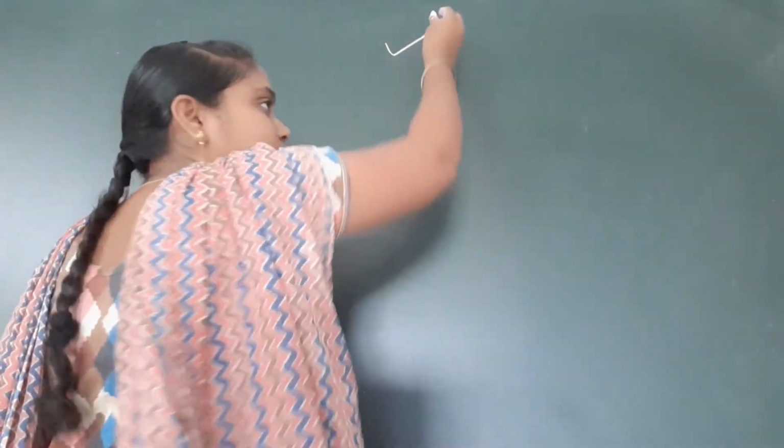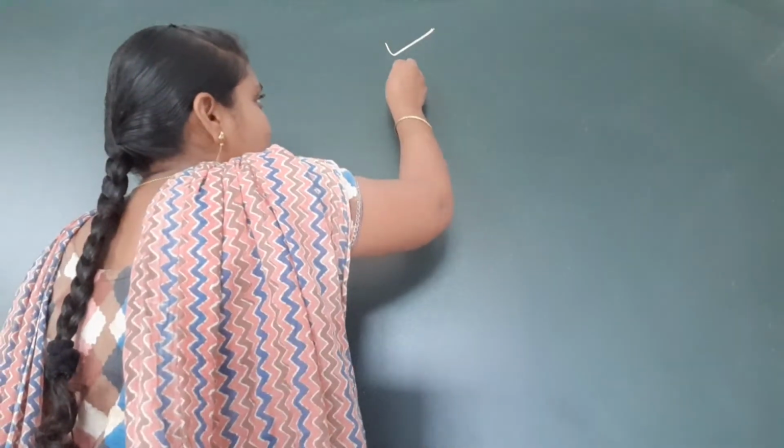Page number 3. Hands-on activity. With the help of your teacher, compare the length of the given objects to complete the following activity. So read the sentences that are given below. Place a tick if the sentence is right or a cross if it is wrong. So now I will read the sentences, children. If the sentence is correct, you have to give a tick, and if the sentence is wrong, you have to put a cross.